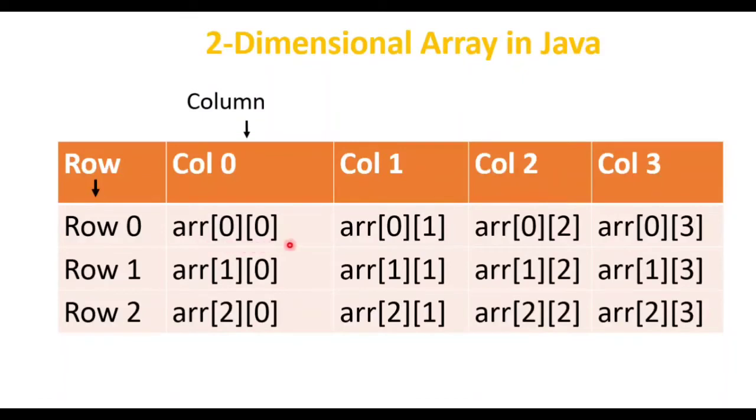So if you can see in this row, I'm having first value fixed, that is 0. That means I'm trying to access what? Row number 0. And then second index you have to pass as what? Column number. So here which column value I want to access? I want to access column 0 value. So therefore I am writing ARR00. So ARR00 means what? First row and the first column value.